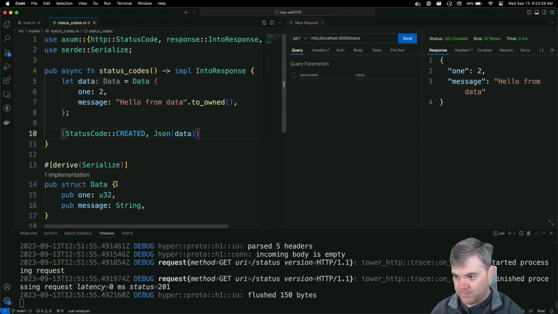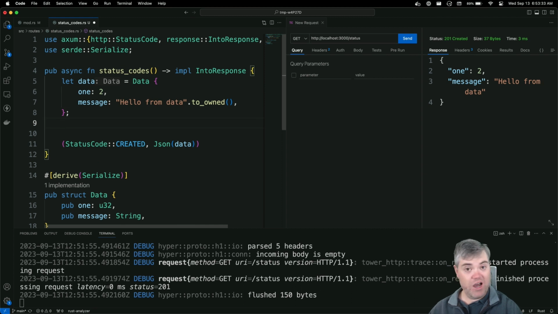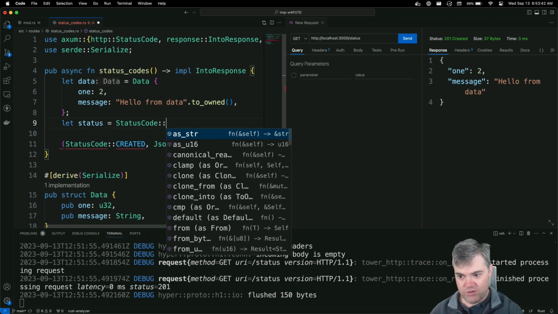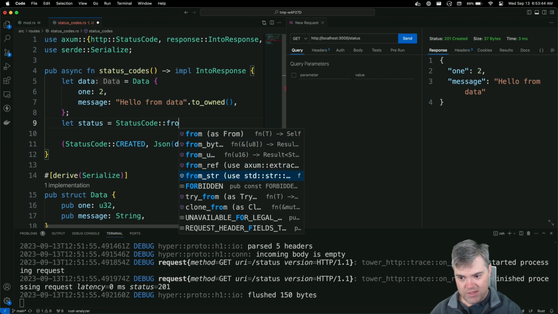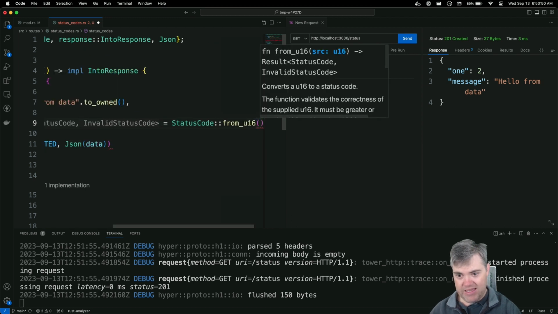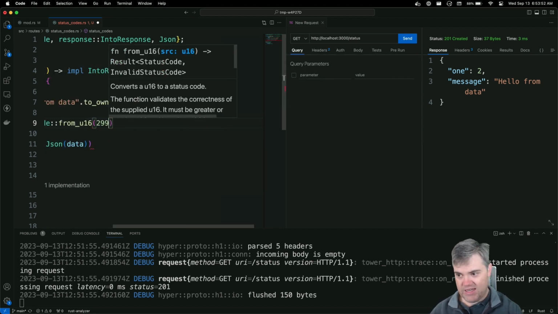So I can create a status code just on its own. We can do let status equals StatusCode, we're going to do a from. Now it can be like a str, or we can do a from_u16. And this will be 299.